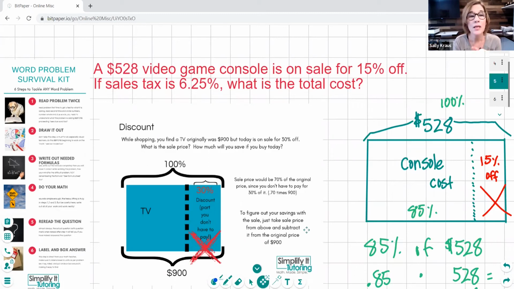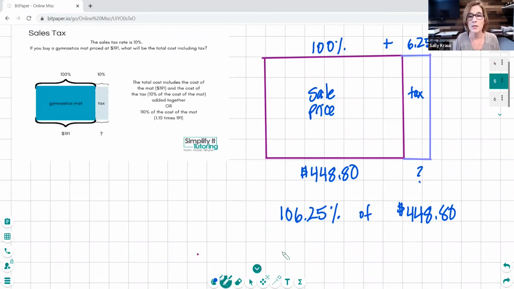A $528 video game console is on sale for 15% off. Check. If the sales tax is 6.25%, what is the total cost? So we need the total, our selling price plus the tax. And we can do that in one step, which I'm all about. If this can take one step at this point, you could figure out what the tax is and then add it back onto the sales price, but you know